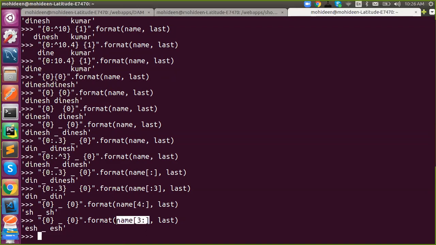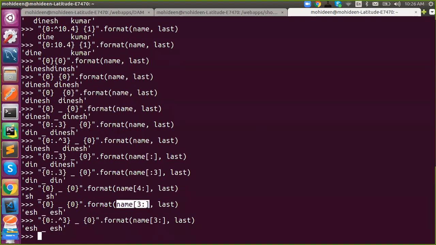Got it? Yes, sir. So now will it give a format error if we give the negative after the 3? You mean minus? Not here, but within the brackets. Okay, so here negative is not valid syntax. No, no, what is that called? The one which you told that instead of using negative, you use the exponent. Yeah. What if you put the exponent after dot 3? Nothing happens. Nothing happens.